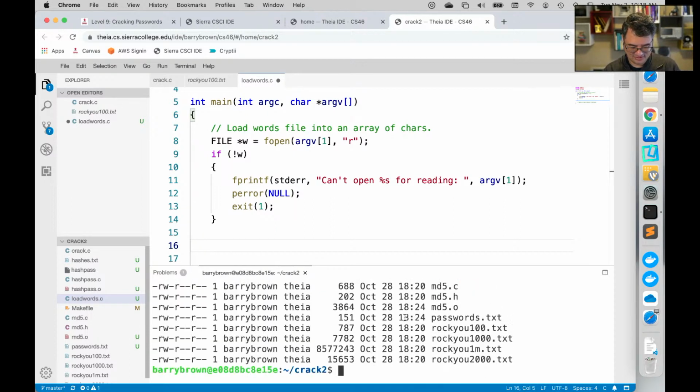So like some of these files are 151 bytes. Oops, some are 777. Some are 8,577,243. Right? So we don't know ahead of time how big the file is, and we can't use sizeof because that only gives us the size of the array if we've already allocated it, but we don't know how big the array is supposed to be.